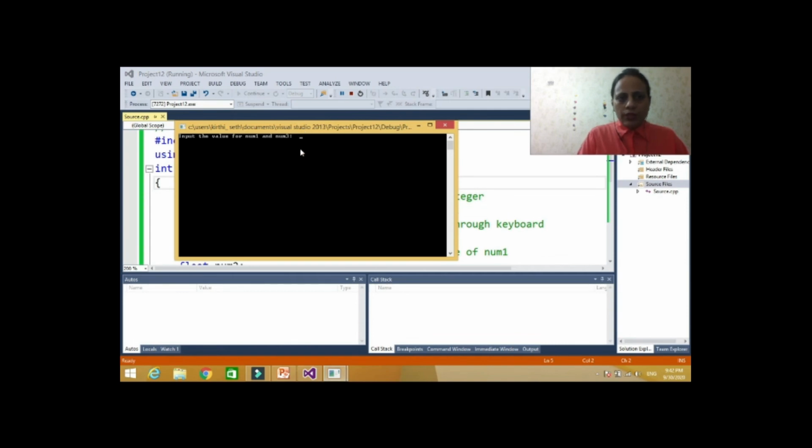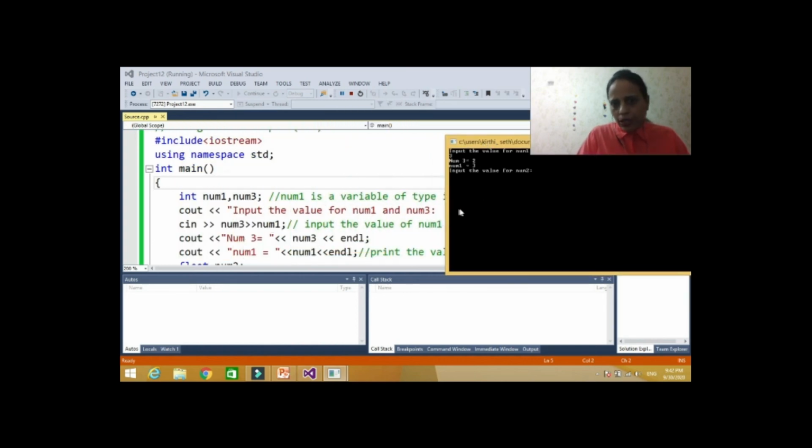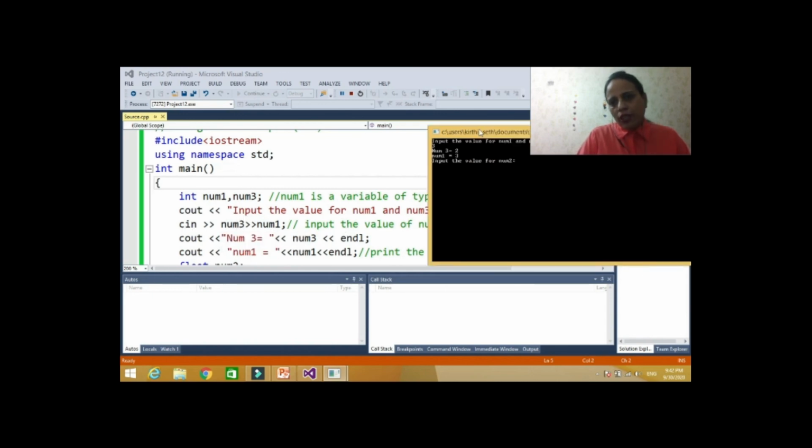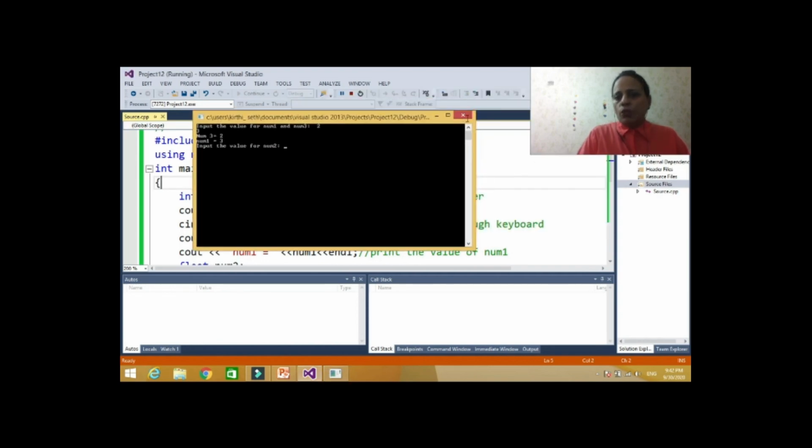The first one is num3, so num3 will be 2. Whatever is written in the output text is just for printing purposes, it has no concern with what the compiler will take. The compiler will take according to cin. The variable you write first gets the first value you enter. So this is how we can take input from the user.